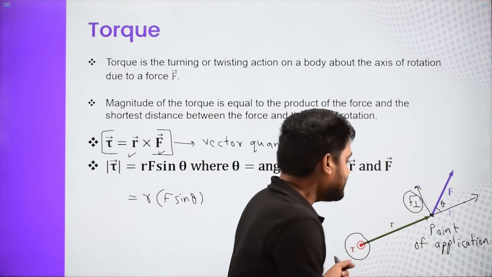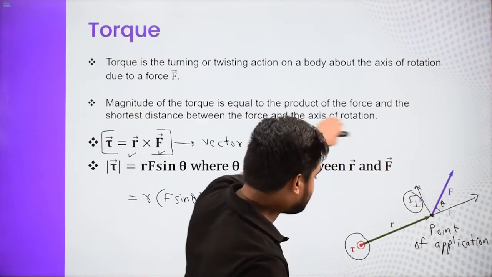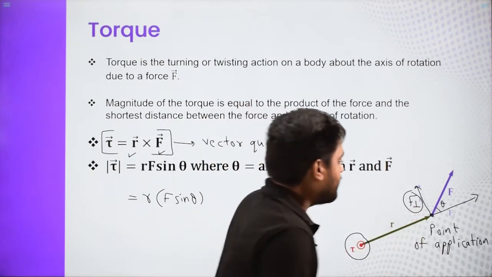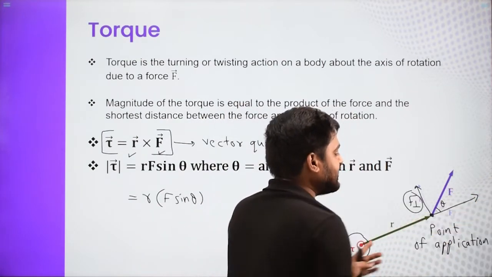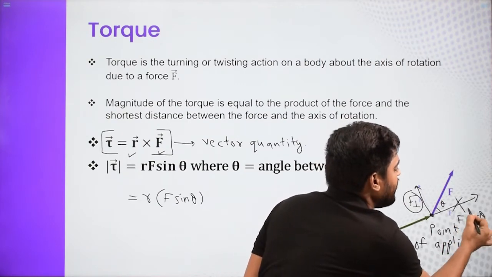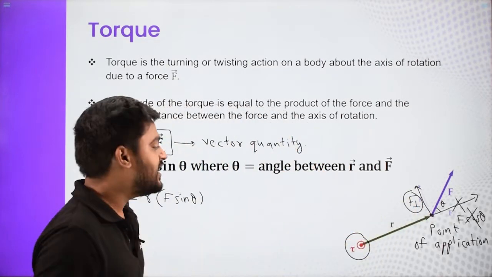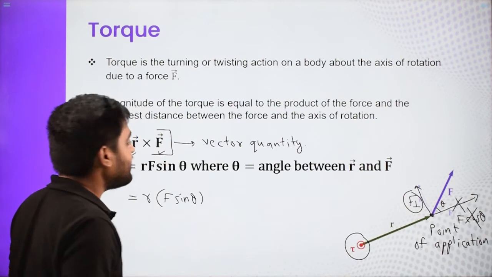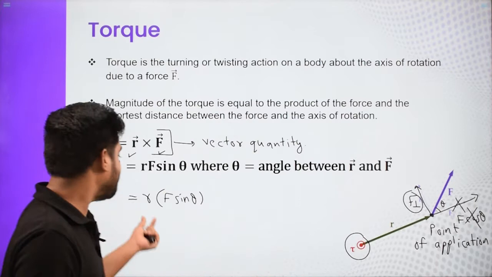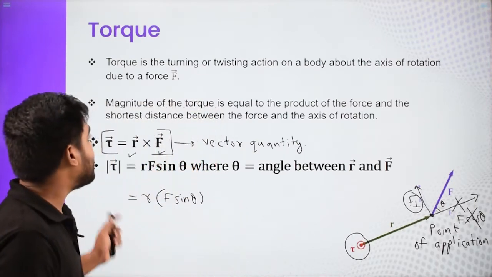Now come to this point. This is the axis about which this force is trying to rotate, right? This force is trying to produce a turning effect. But this component is only trying to pull it. The component F cos theta does not produce any turning effect at all. The turning effect is produced by the perpendicular component, which is F sine theta. So torque is equal to R times F sine theta, or to be precise, the distance of the point of application times the perpendicular force at the point of application. So we can define our torque like that.